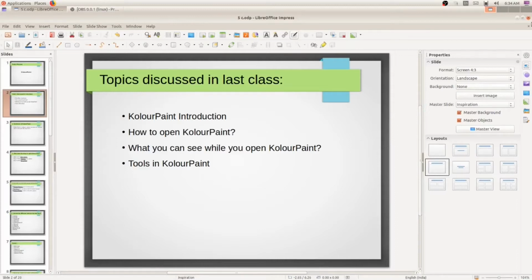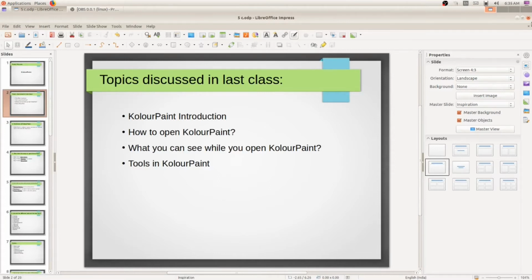Before going to the questions, these are the topics which we discussed in our last class. The first topic is an introduction to our application color paint. The second topic is how to open the color paint application. I think you all remember the steps.